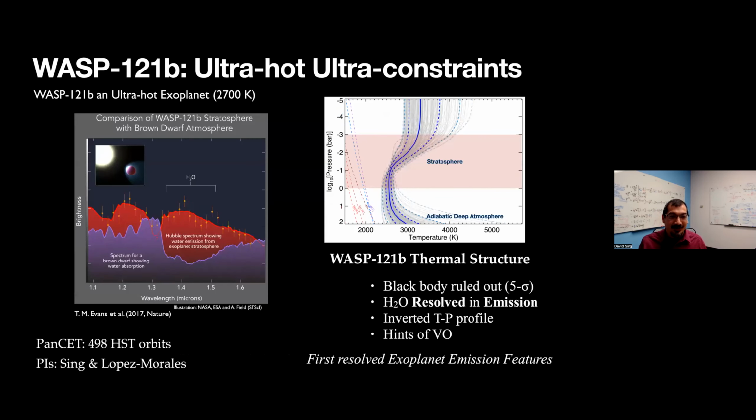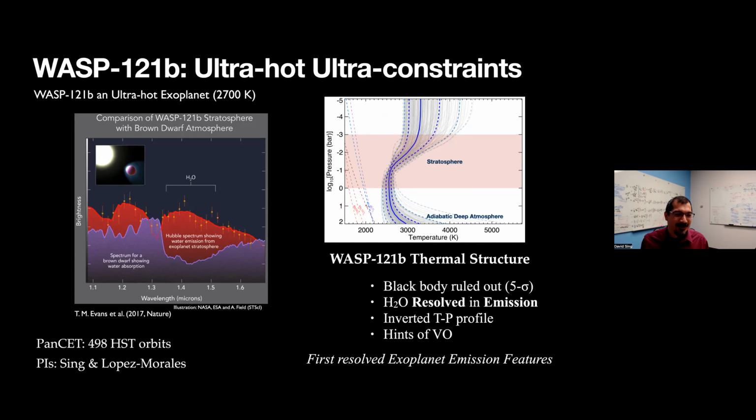All right, let's go from a cooler end to a hotter end. We'll talk about another one of my favorite planets, WASP-121b. This is an ultra hot planet, and the signal sizes are so large, you get really ultra constraints for this. It's about 2,700 degrees Kelvin, which means on the day side, you don't really expect anything to be condensed out. You're basically seeing everything in gaseous and atomic state,